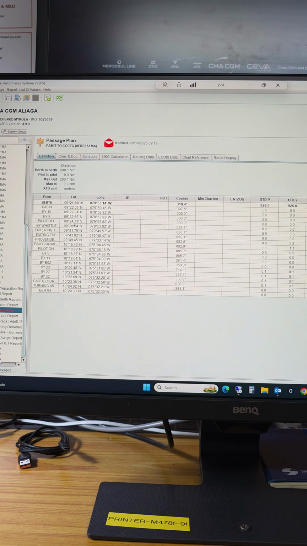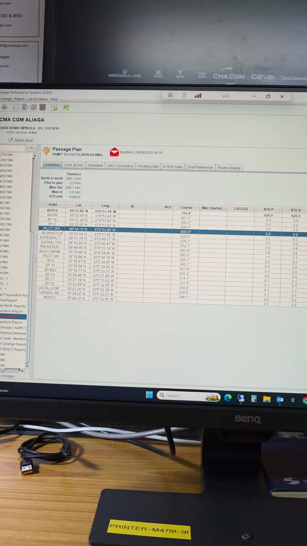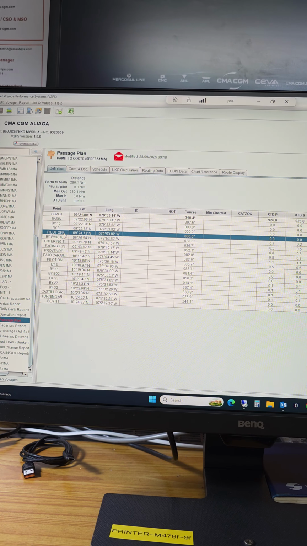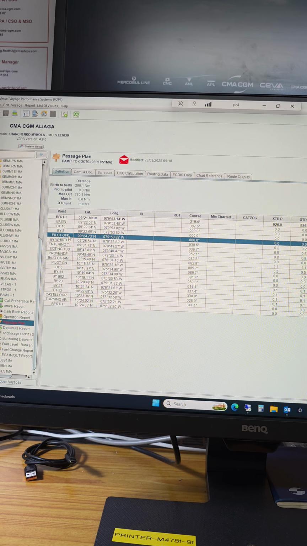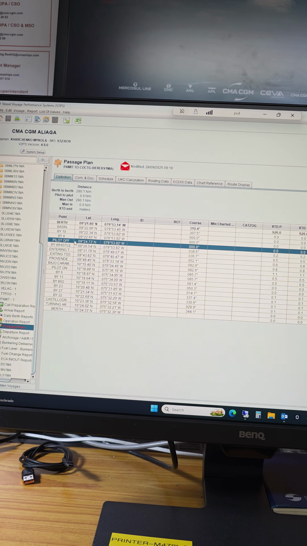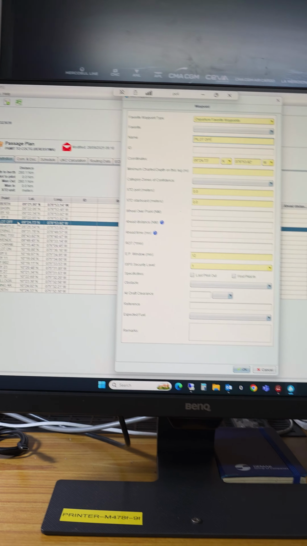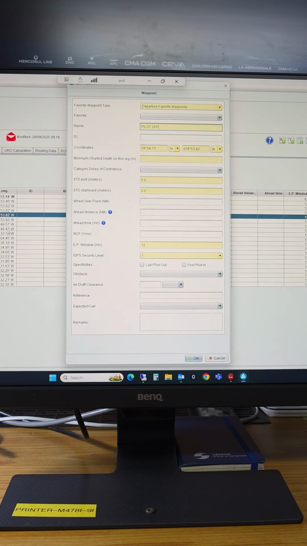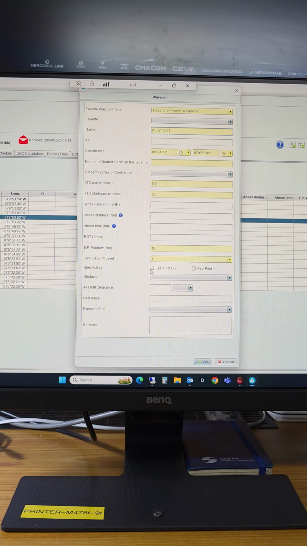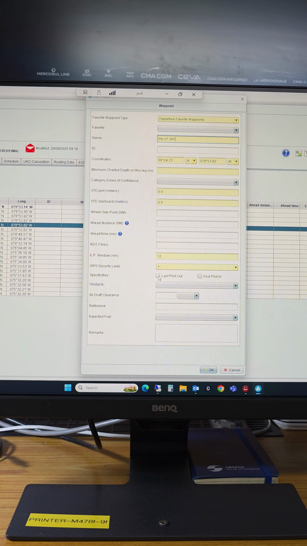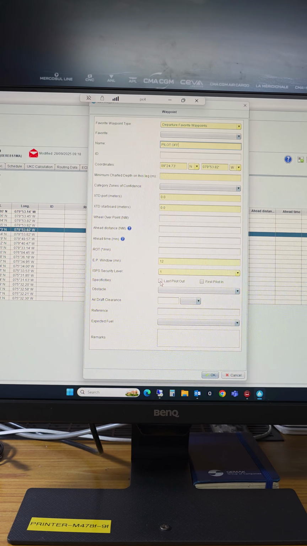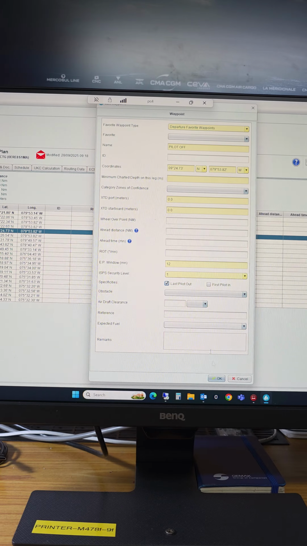So from here you can select, from your departing port, this waypoint where the pilot will disembark, and you can just press enter, and this dialog box will appear. So you have to tick this one, last pilot out, the waypoint where the pilot disembarks. Just open it and tick last pilot out,